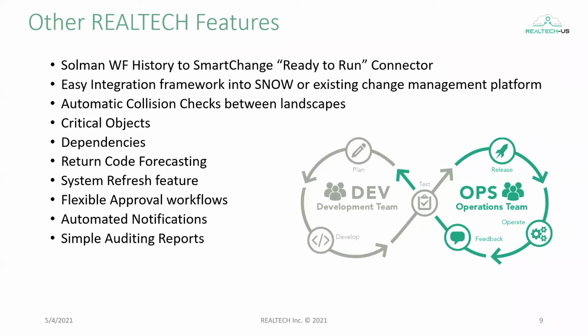Can you take the existing information out of Charm and put it in your solution, in case 5 years down the road, after we switch to you, the auditor comes in and says, hey, we want to look at these transports that are happening, or maybe a year later, we want to look at these transports that happened when you were using Charm. With our ready-to-run connector, it's an interface that connects to both Charm and to our solution, pulls out the information